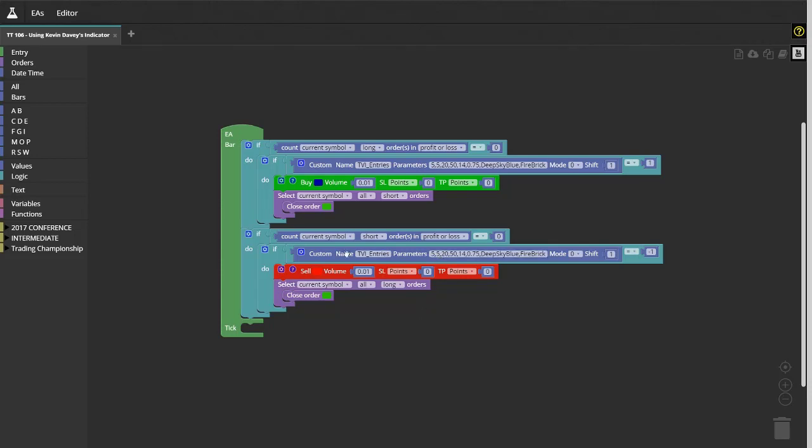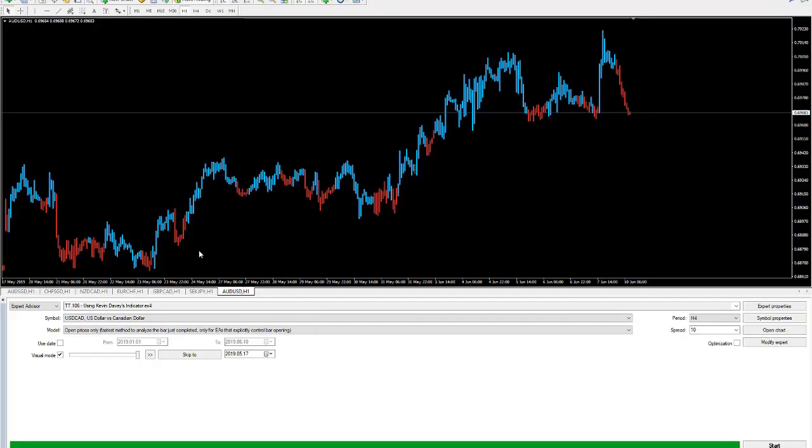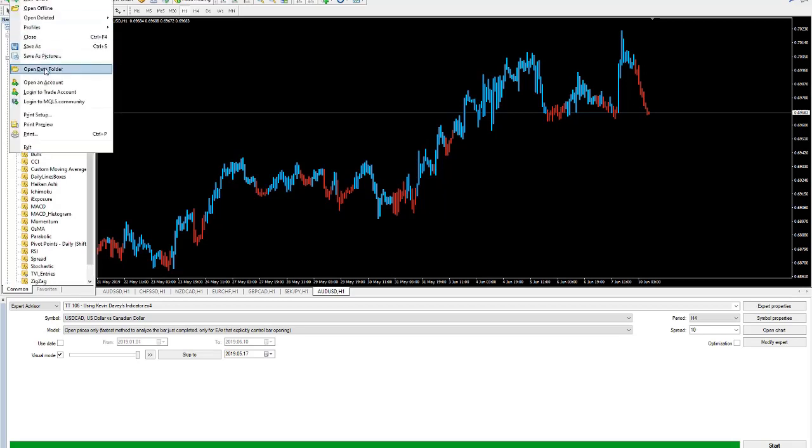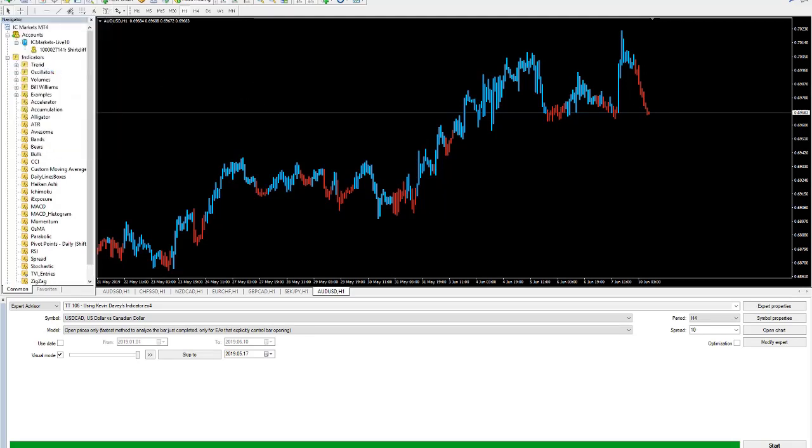I just wanted to show you how to correctly reference this. I'm going to go to MT4 now because what I want to do is explain what these parameters are referencing and also what you can do with the indicator. So here in my MT4, I've already installed the indicator inside the indicators folder, inside open data folder,